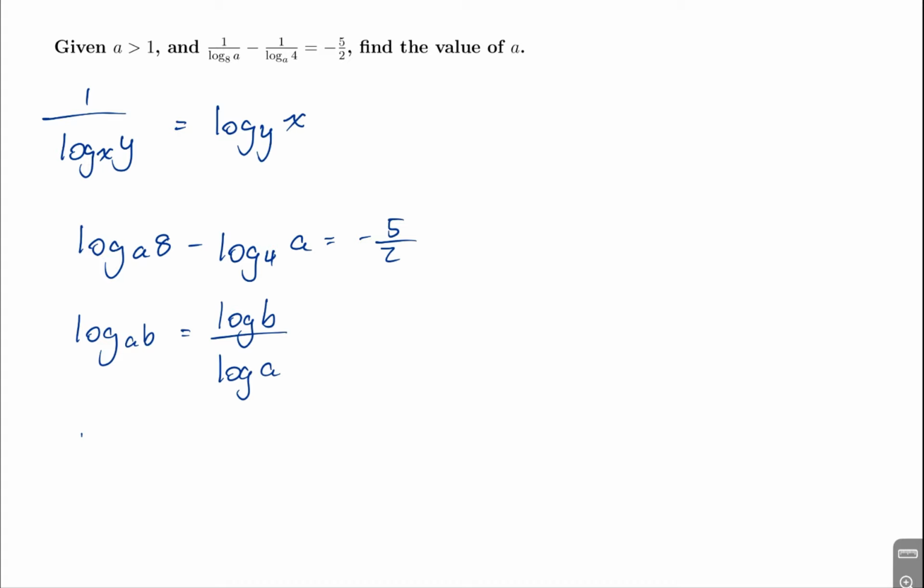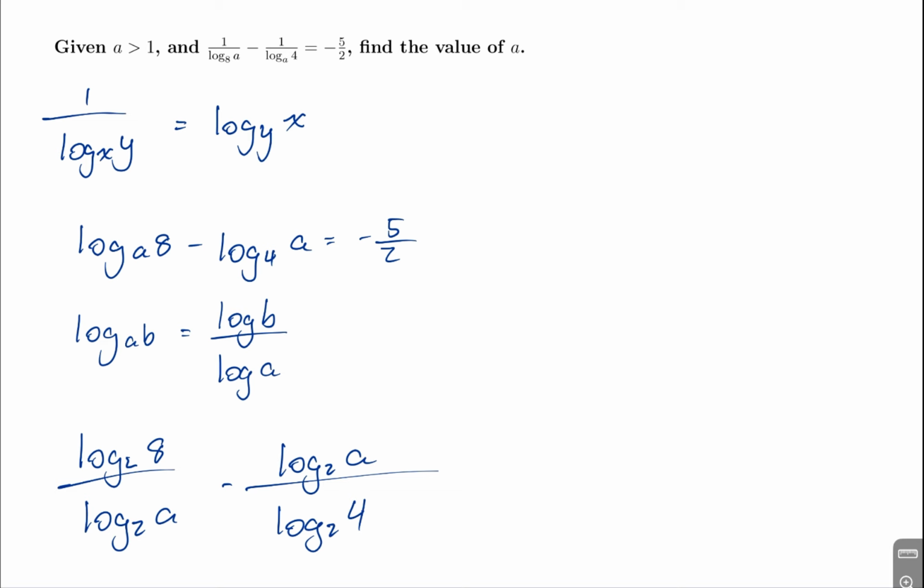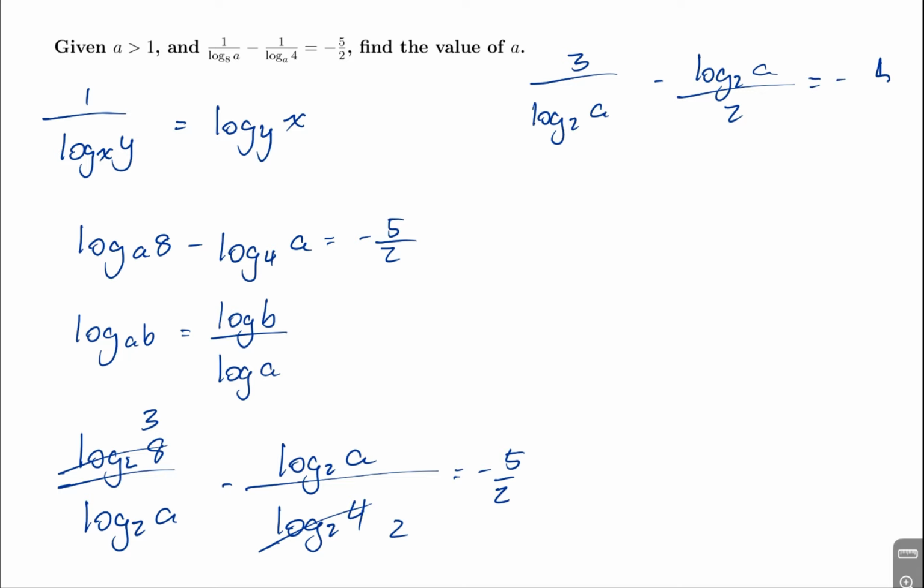So we have log base 2 of 8 over log base 2 of a minus log base 2 of a over log base 2 of 4 equals negative 5 over 2. Now we can simplify this to 3, and this is going to equal 2. So we have 3 over log base 2 of a minus log base 2 of a over 2 equals negative 5